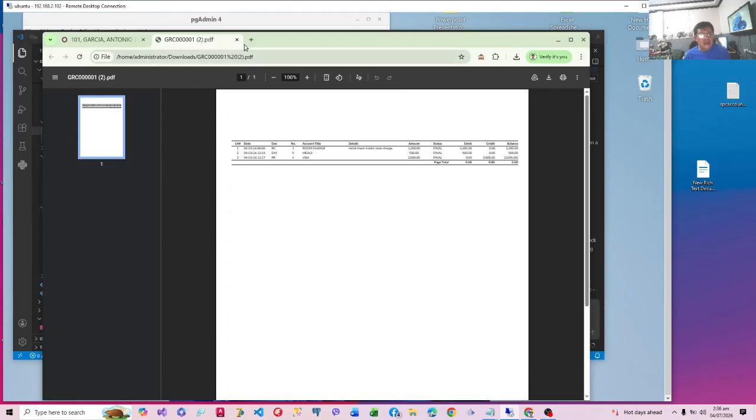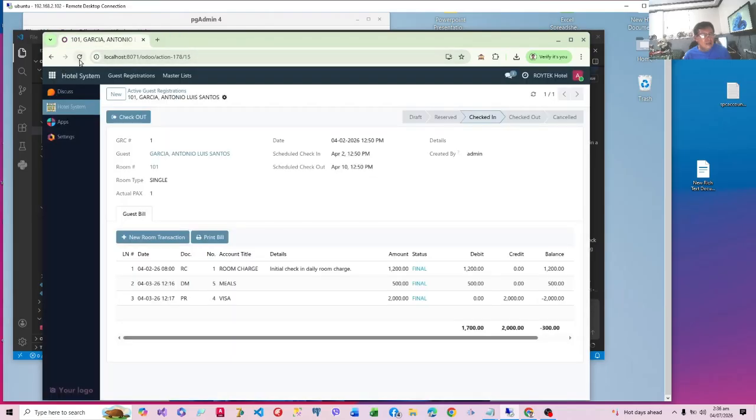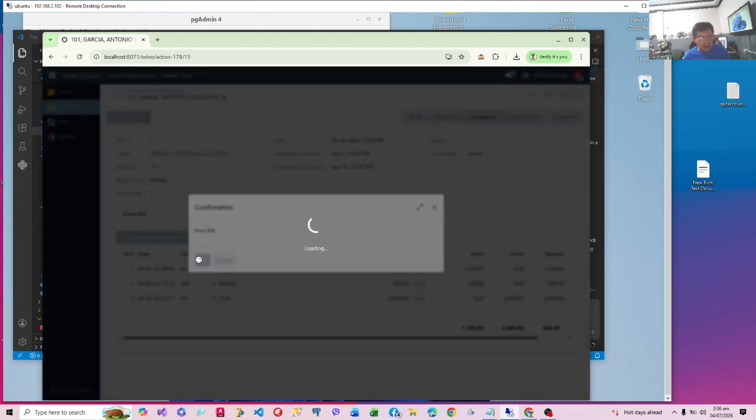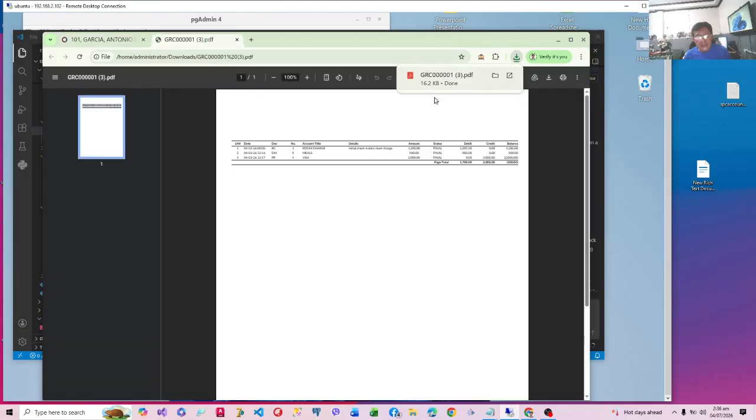So let's close this. Let's refresh this and print the bill. I hope there's no error. There's no error. The loading occurred. Let's open this. Now we have the totals. Okay. Now the question is, we want a running total, a grand total, because this is just a page total. Anyway, we will have to initialize this after each page. So anyway, how do we do that?